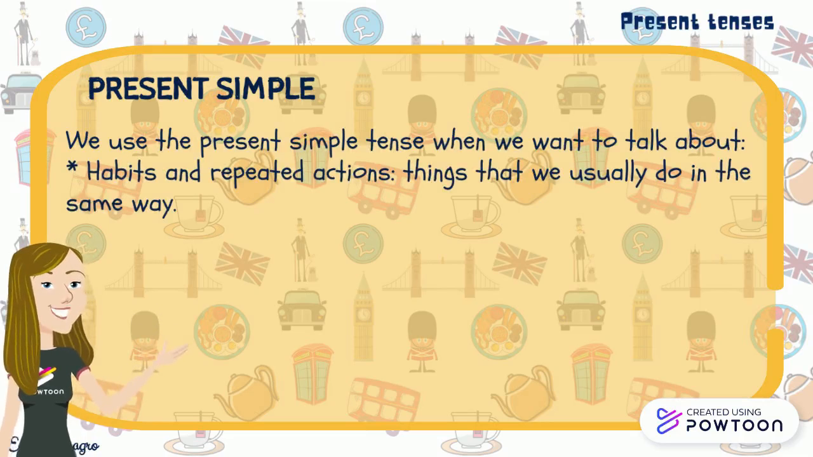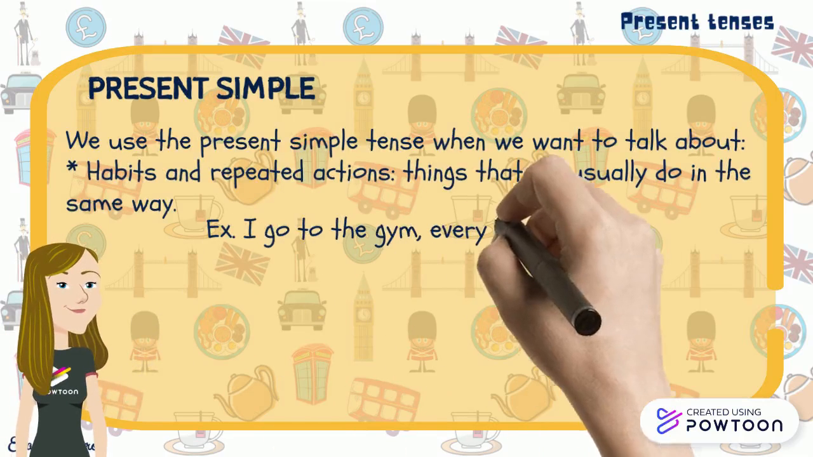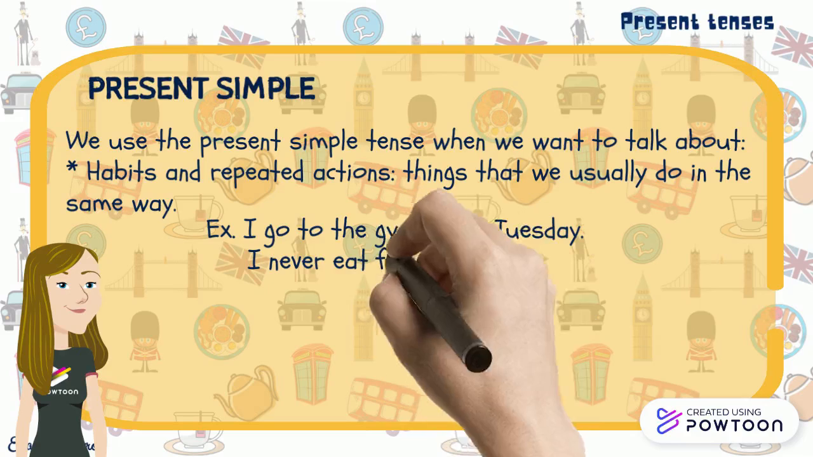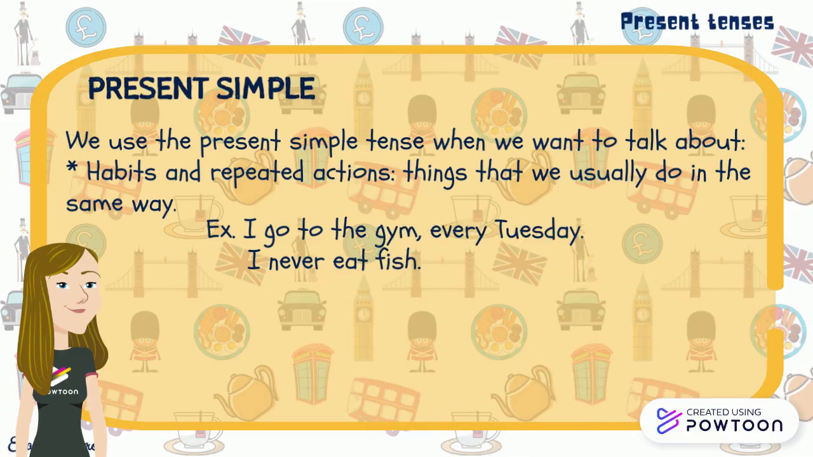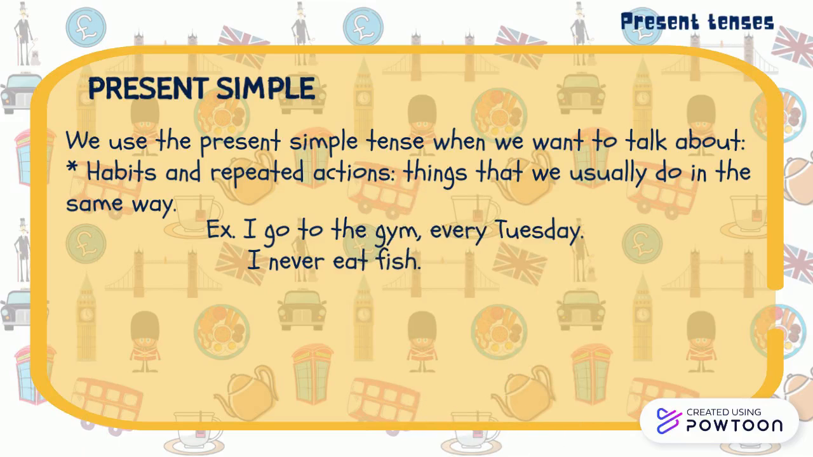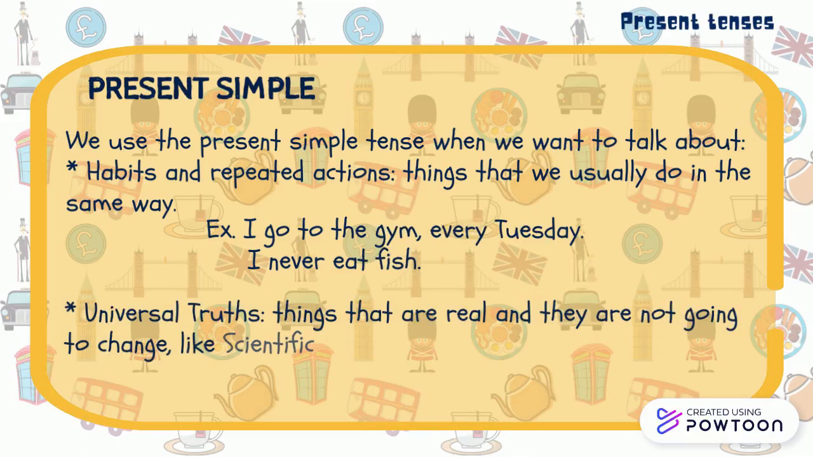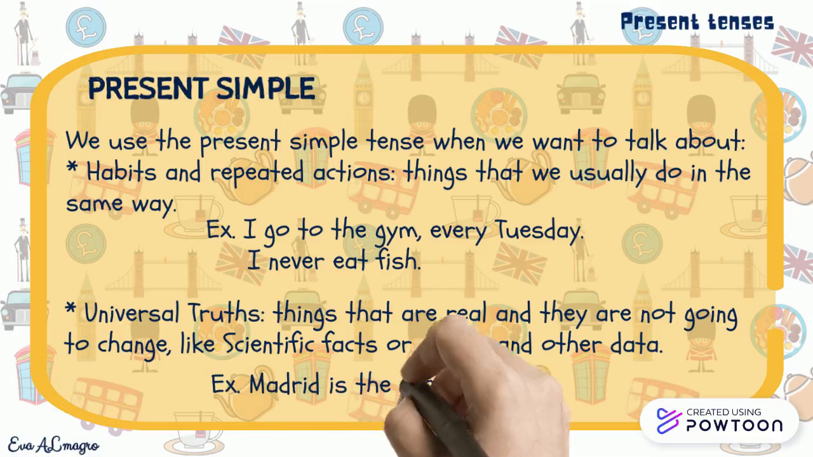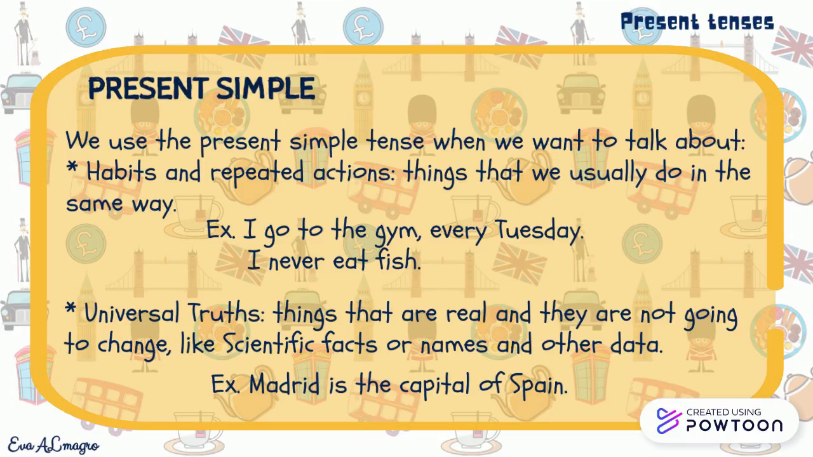For example, I go to the gym every Tuesday. Or if I don't like fish, I would say, I never eat fish. We also use the present simple to talk about universal truths. These are things that are real and they are not going to change, like for example, scientific facts or names and other data. An example we have is, Madrid is the capital of Spain, which is not going to